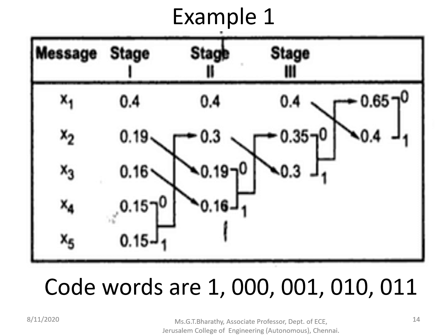Now how to find the code word? You have to trace the path in the forward direction, and you have to write the code word in the reverse direction. So for the first case x1, you can see the probability is 0.4. 0.4 moves to this point here and to this point here, and finally to this point where we have assigned a value 1. So what is the code word for the first probability? It is simply 1. Now we will move on with the probability x2.